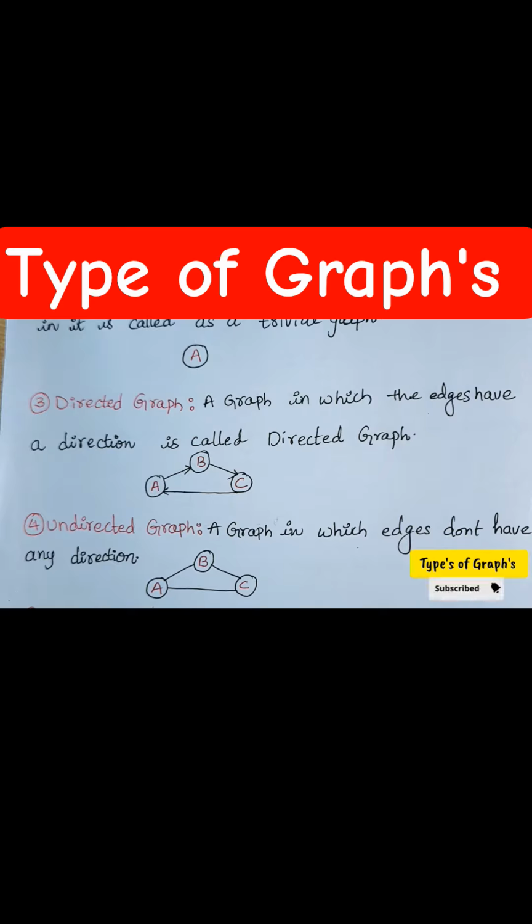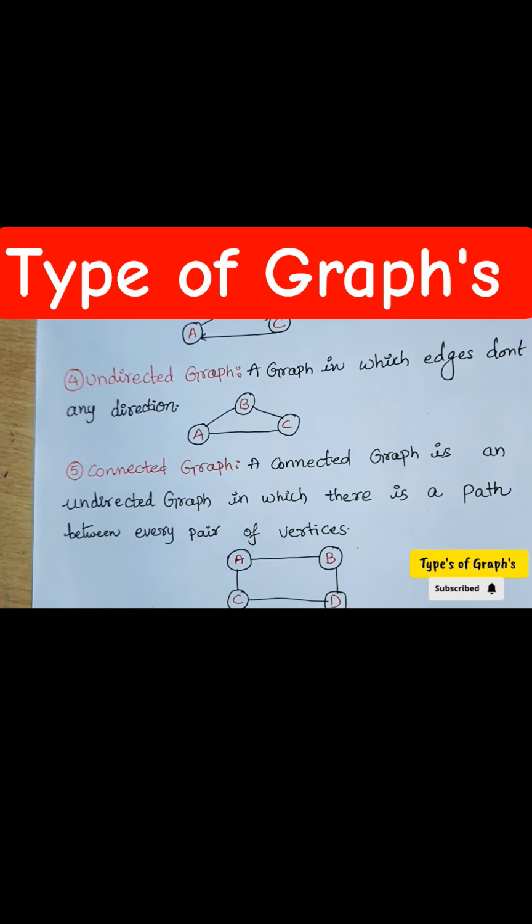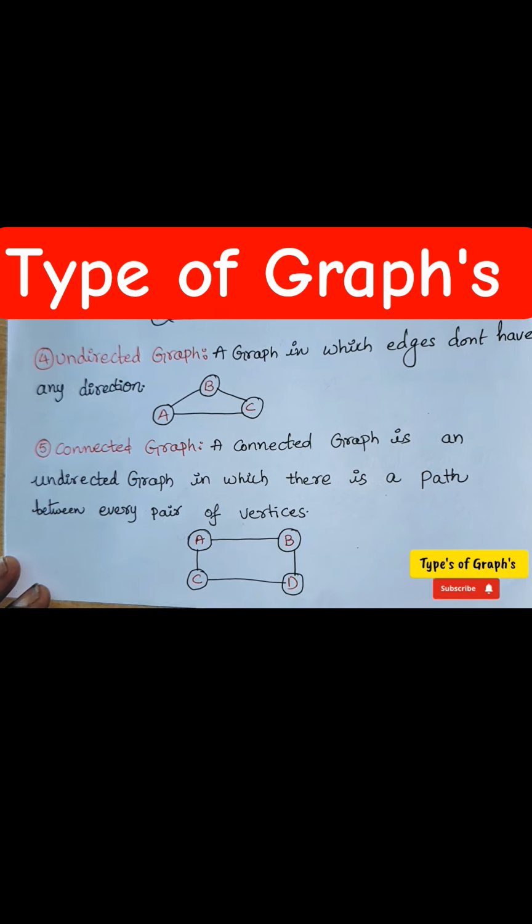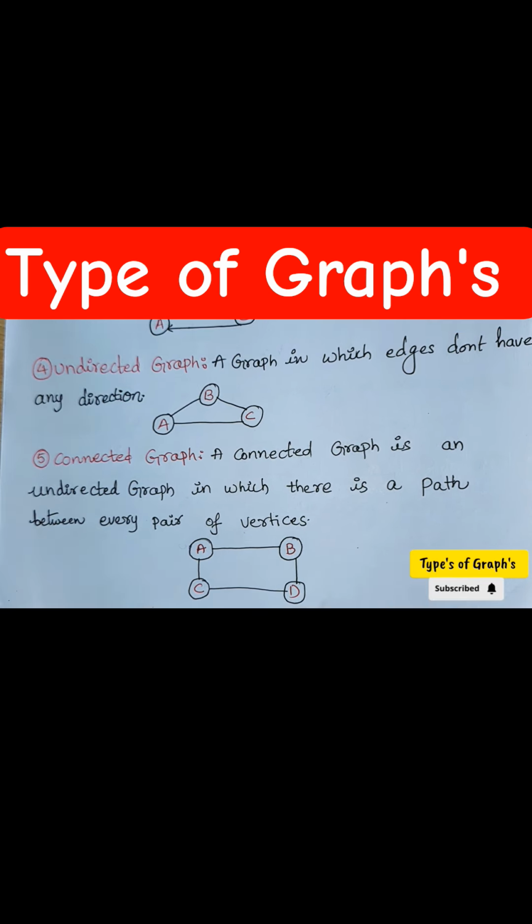Okay, so now let us move on to the fifth graph. So this is called a connected graph. So what is meant by connected graph? A connected graph is an undirected graph in which there is